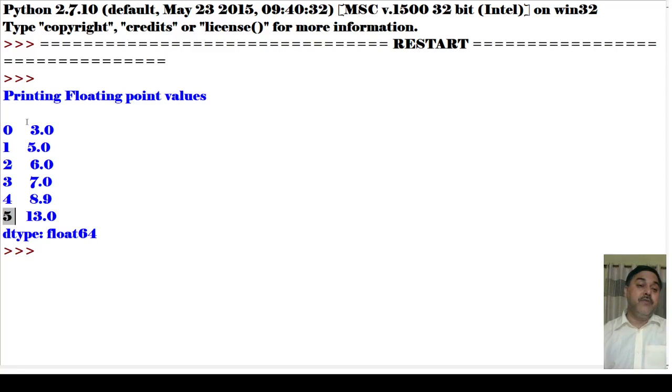As it goes from 0 to 5, we have got this particular pattern. Clear? So this is the execution that we have worked with.